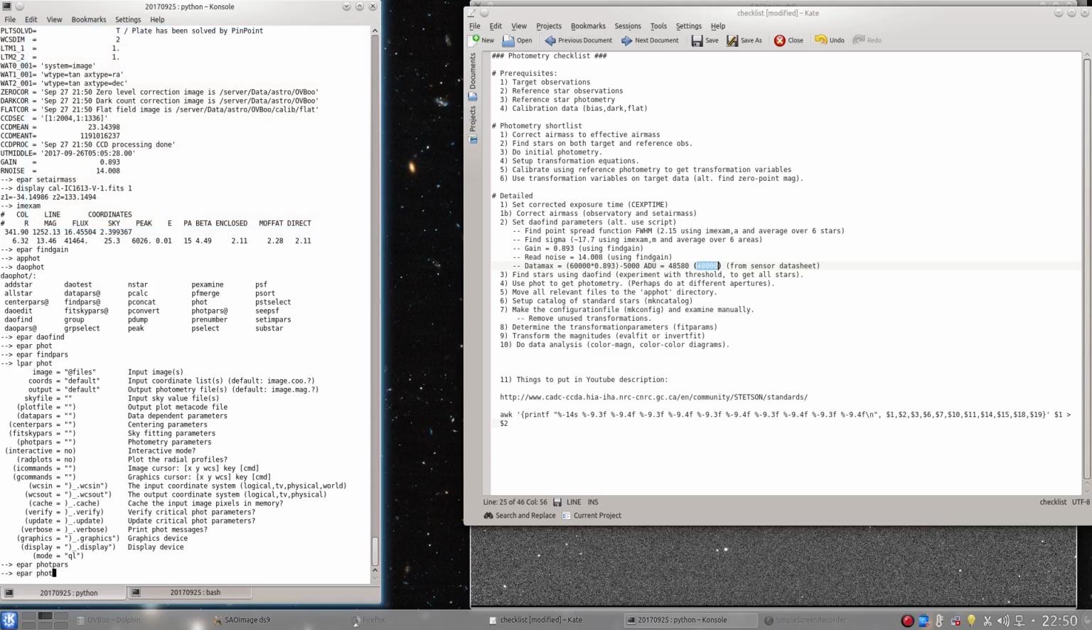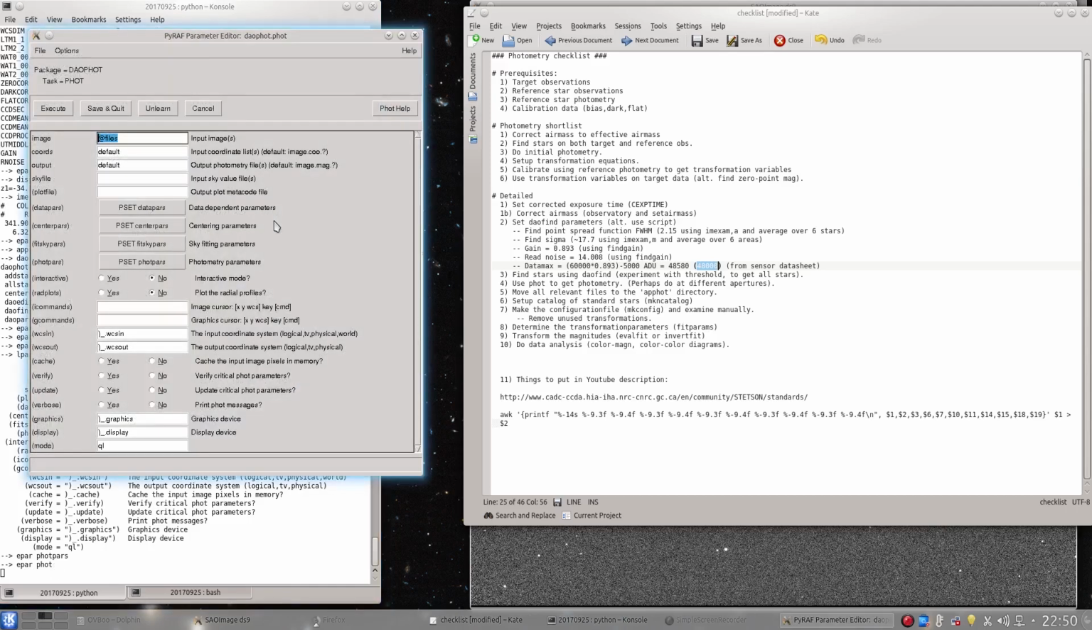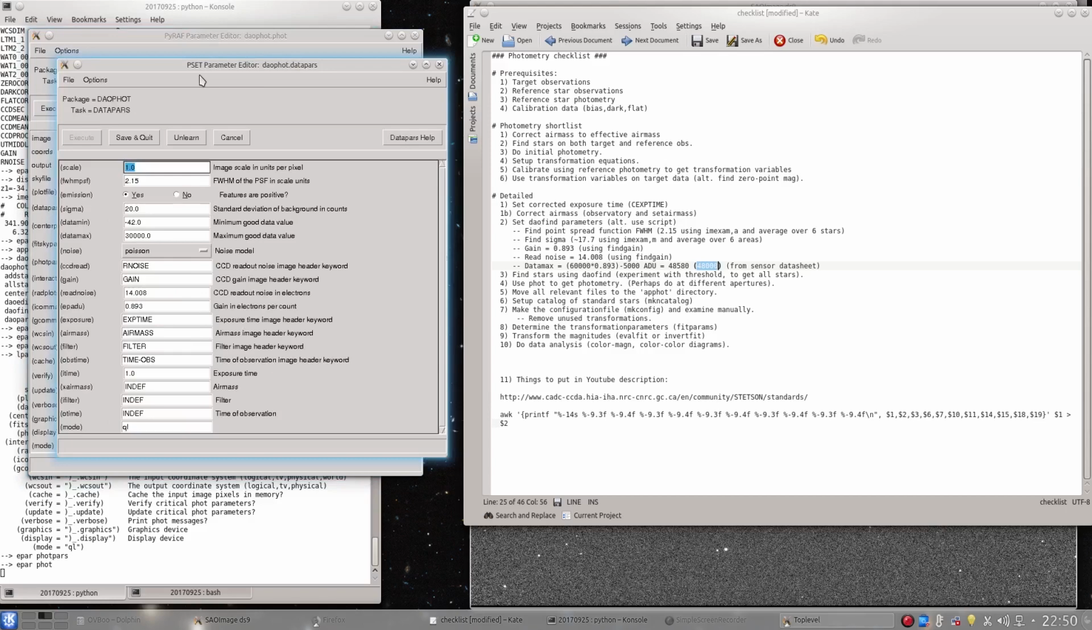The only advantage of adding the parameters in FOD, in the photometry task instead of DAOFIND, is that some of these parameters are shared. You can see that both FOD and DAOFIND share the datapars and the centerpars, I think, or it's some of these. But what you can do is that you can say, well, I'm going to change, let's